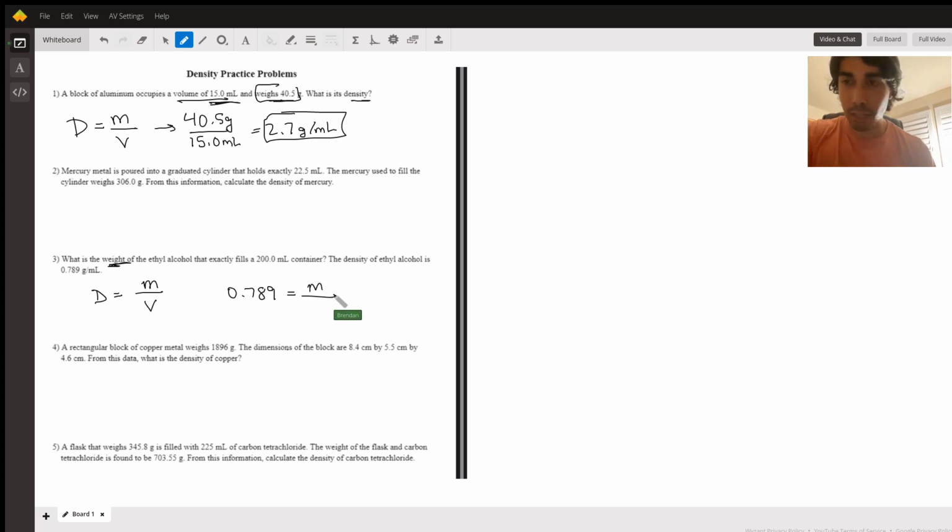We don't know what M is this time, but we do know V. There is something we can plug in for V down here, and that's going to be 200 milliliters. So we've got our 200 down here. Great thing again, it doesn't ask for any specific units, so we don't need to do any of those big, long unit conversions that we saw in the notes. All we've got to do is multiply that 200 over to either side, and you will be good to go. Multiply by 200. That cancels over here, gets the M all by itself. So we've got 200 times 0.789, and that's going to give you 157.8